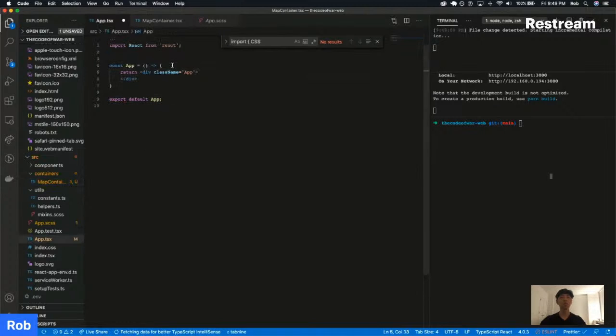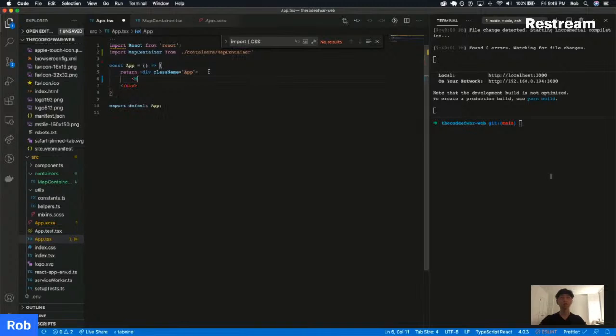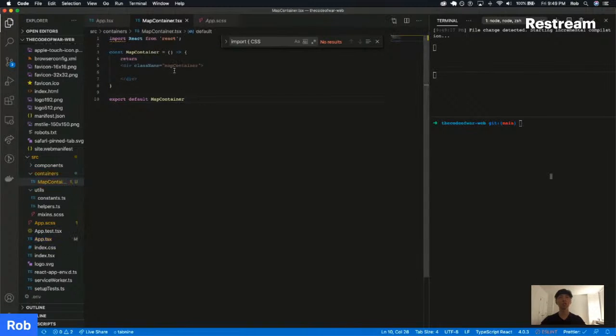Yep. And then we're going to import that container from app container. Okay, that container goes there,